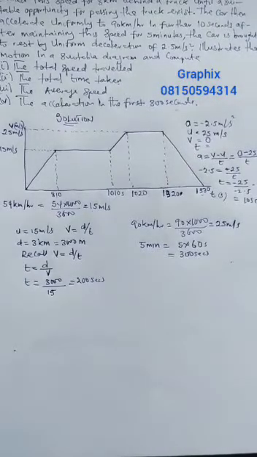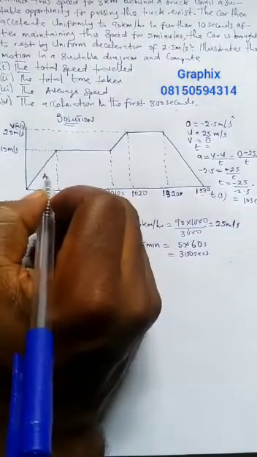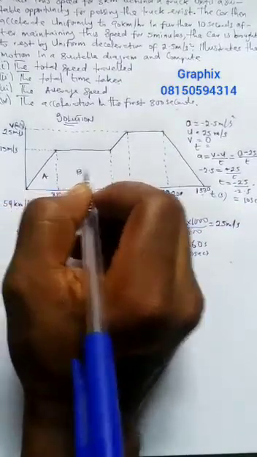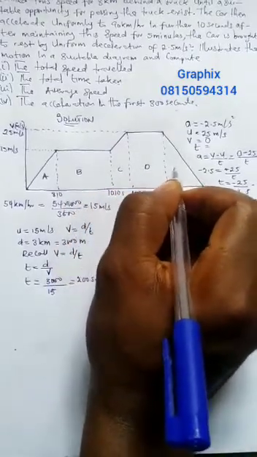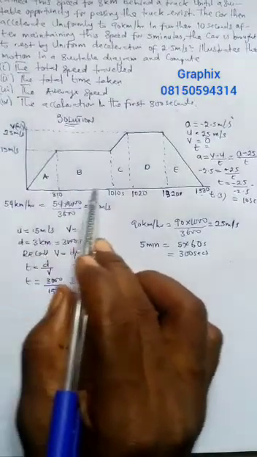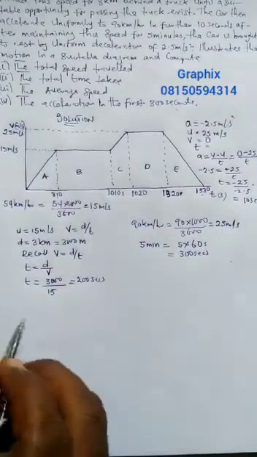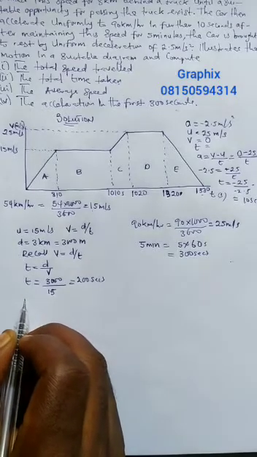So if you look at this, we have different stages here. We have stage A, stage B, stage C, stage D, and stage E. We want to know the total. We want to look at the total distance traveled here. So if we look at it, we look at the distance